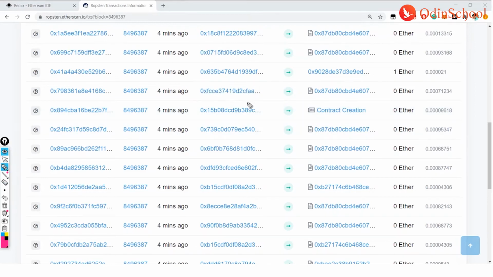So whatever is present here is your MetaMask address, and this is your contract creation, where your contract got created, and this is your block number. That's how the Solidity program, where you create your smart contract, can be deployed successfully without any issues. It's the most important step which you need to understand.